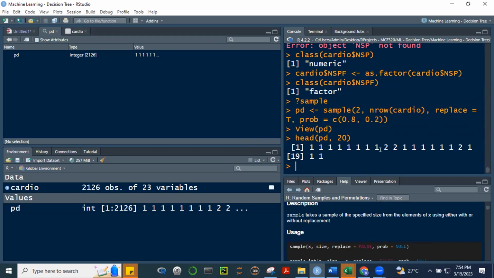Kasi we're splitting it into 2, no? 80% will go to 1. Ibig sabihin, ito yung training data natin. Yung 2, yung testing natin. So, mas maraming mga 1 sa pag-split niya kasi 80% yung binigay natin na 1, di ba? Now, my question is, do you have the same values of 1, 3, sa akin 3, and then 6, and then 8? 8 na 1, tapos dalawang 2, tapos 1 sa naman.